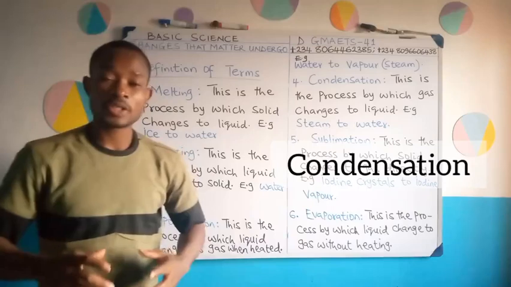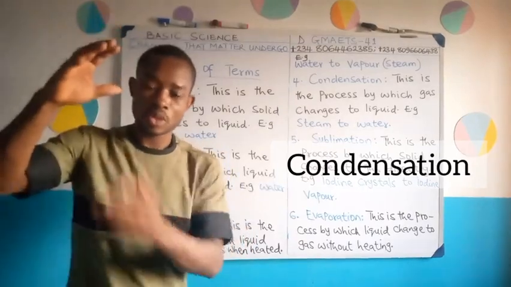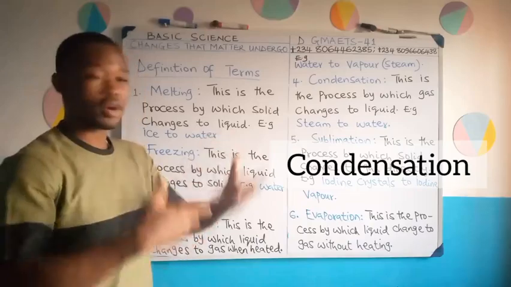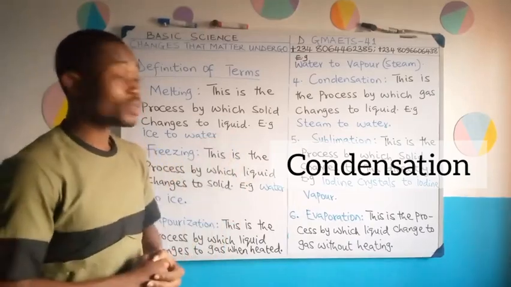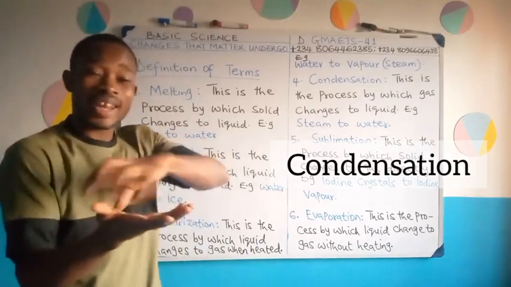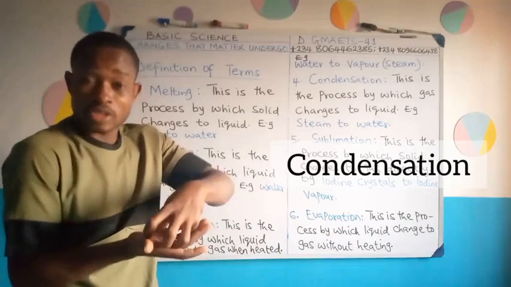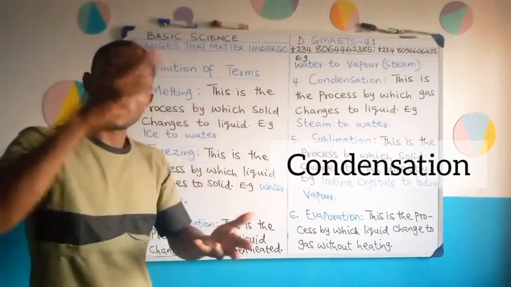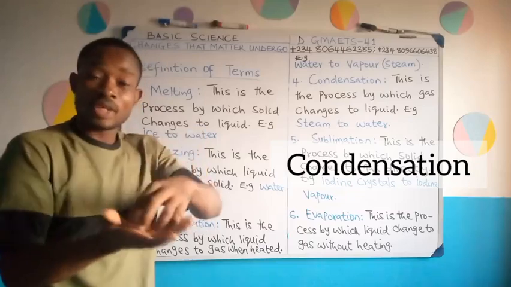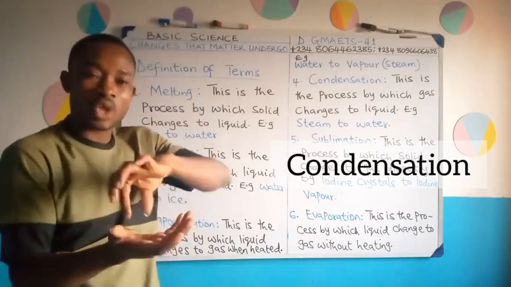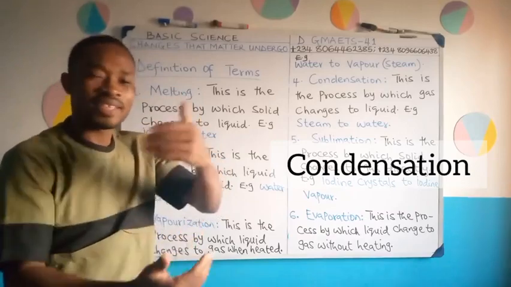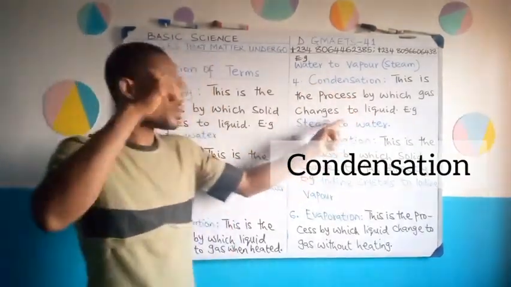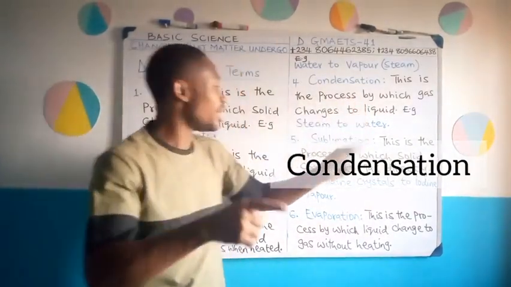Condensation. Condensation is the process by which vapor changes to liquid. Again, you watched that in the pot experiment where we heated the water. You saw how some of the vapor collected on the surface of the cover of the pot, and turned to liquid. That vapor that was going out, some of it hit the cover of the container and then turned back to liquid. So when vapor or gas changes to liquid, we call that process what? Condensation.